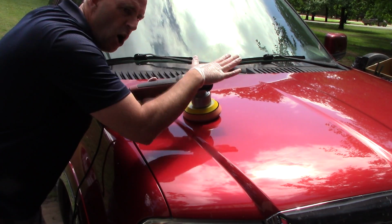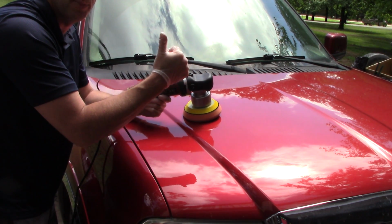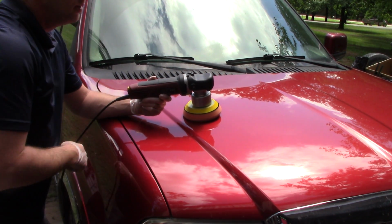This machine is always telling you how much pressure you need to apply. Just a little tip there. The other thing,